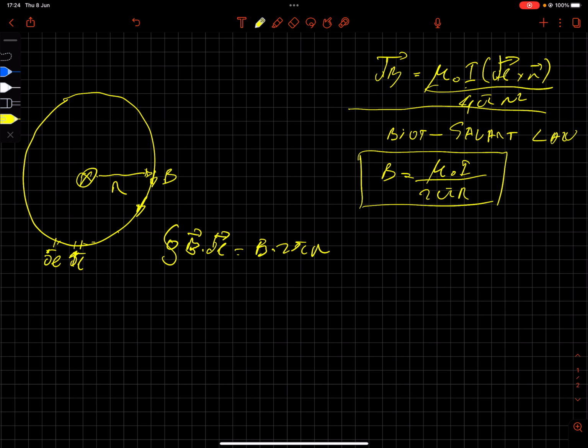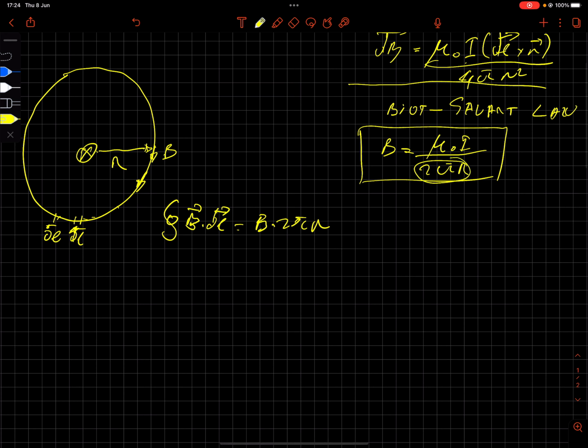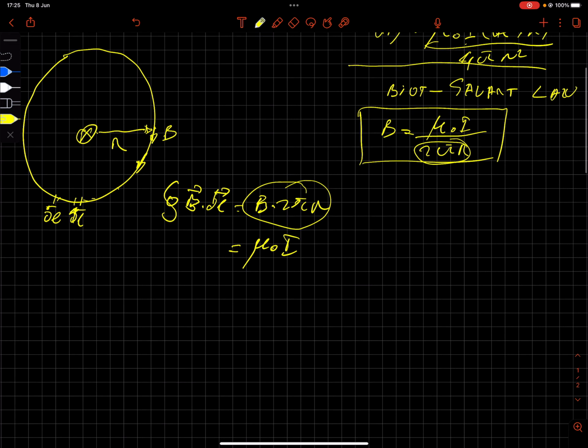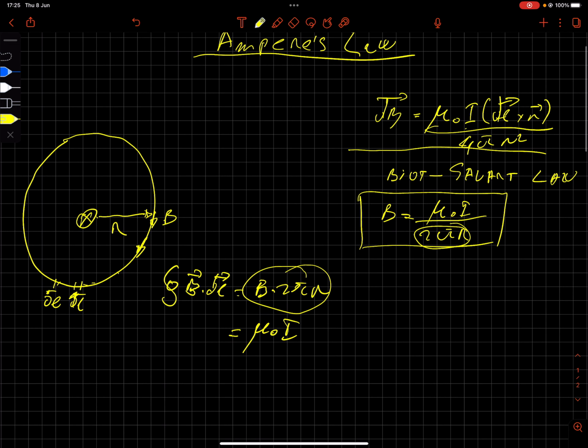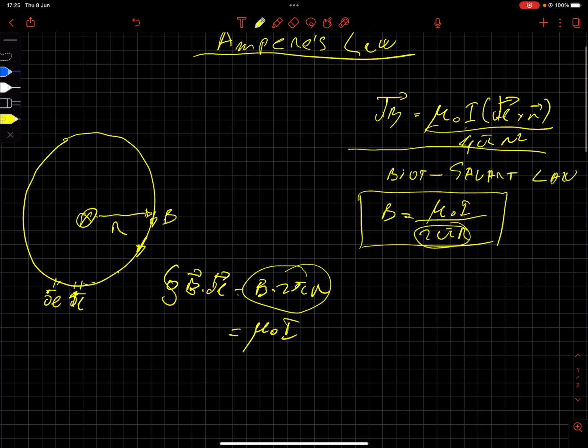But now we can see from the formula here that this is equal to mu times the current which goes through this wire. And Ampere first noticed and proved that